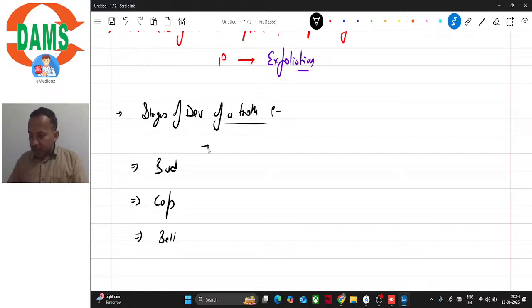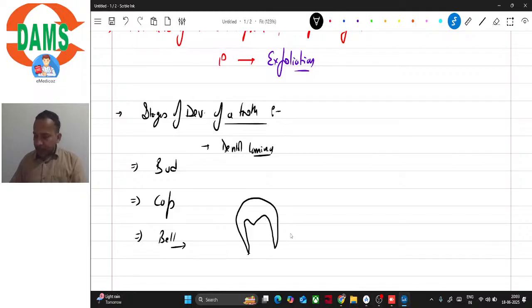So before the bud stage, there is the dental lamina. So this dental lamina would proliferate to form the bud stage, and later on when the bell stage arrives, let's say this is the bell stage. This is the bell stage. So in the bell stage,